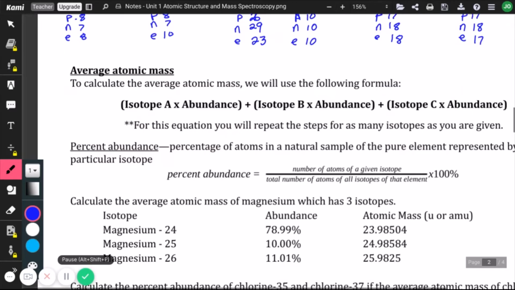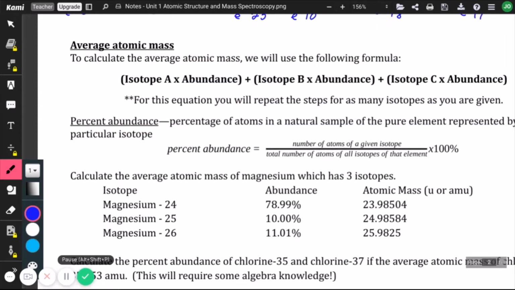Okay. All right, so now we've talked a little bit about the atomic structure. So basics of the atomic structure. What's a proton? What's a neutron? What's an electron? What are their relative masses? What are their relative charges? All that stuff has kind of been gone over. So now let's look at where we get the average atomic mass, that mass that you can find on the periodic table. So in the perfect world, everything would have the exact same mass